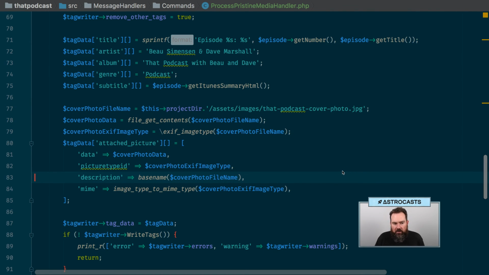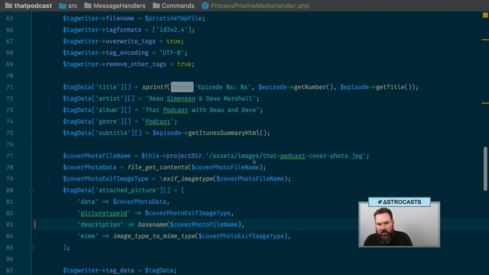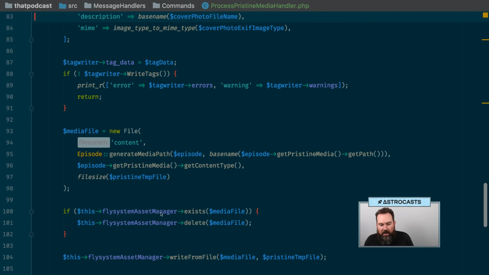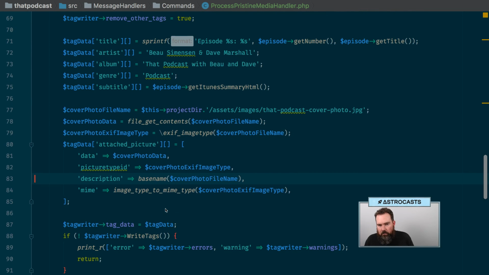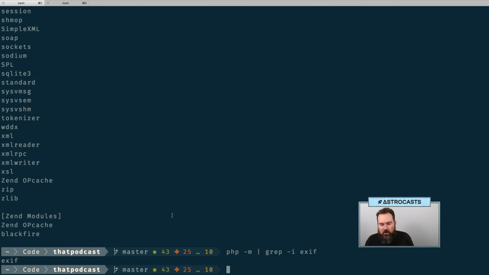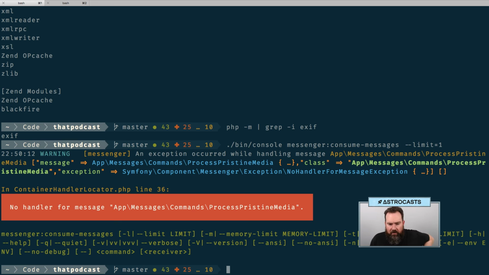The background image that I want to be able to add is going to be a little more complicated because we'll have to download it from the Fly System Asset Manager in order to be able to do that. So we'll do that in a minute. Let's see if this works first. So let's do consume. No handler for message. Okay, so